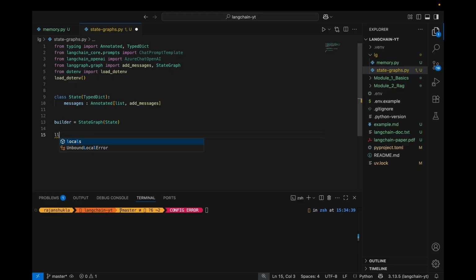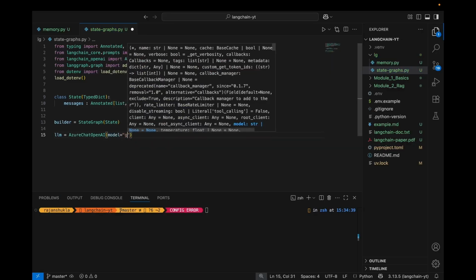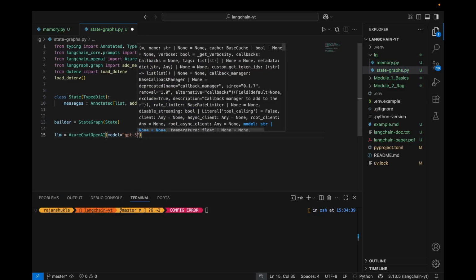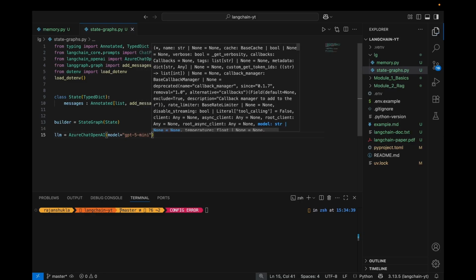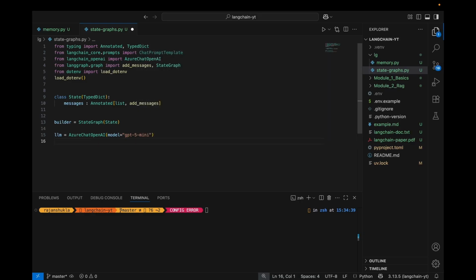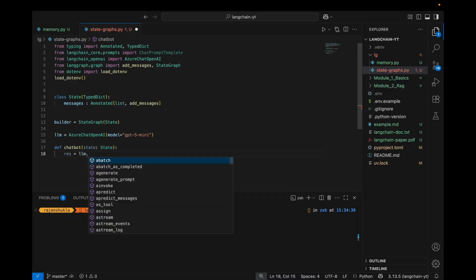Let's bring our LLM, AzureChatOpenAI, and the model is GPT-5 mini. And now we have our LLM. Let's build our chatbot. So let's define chatbot with state. It's going to take the state that we have just defined, and you will collect the response while invoking it, llm.invoke,